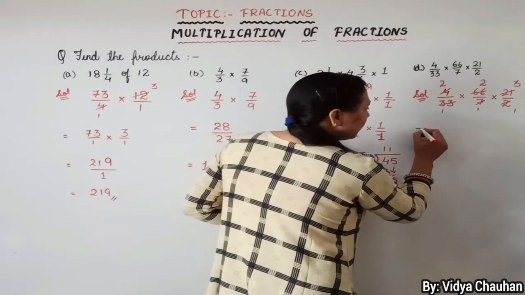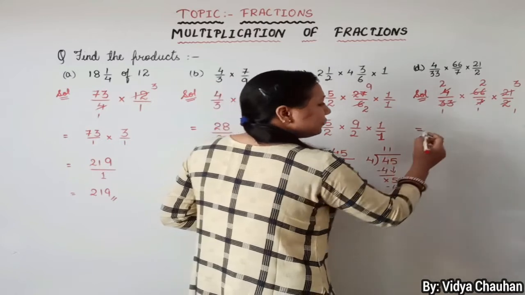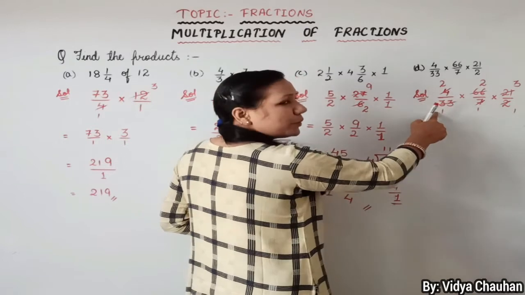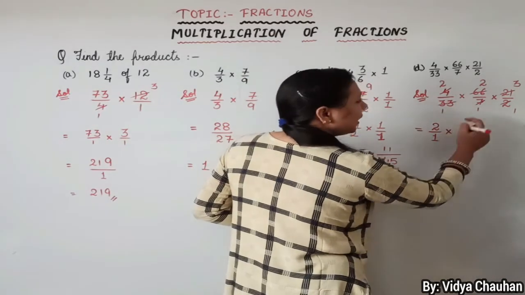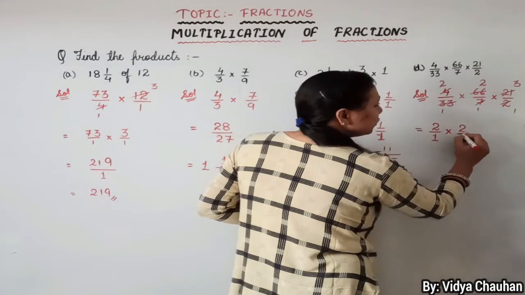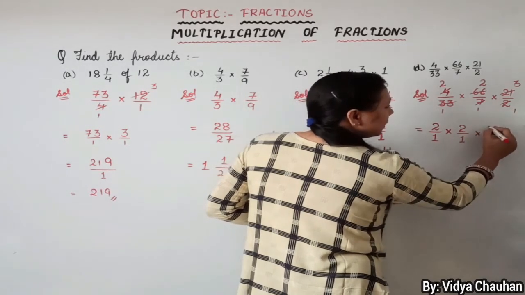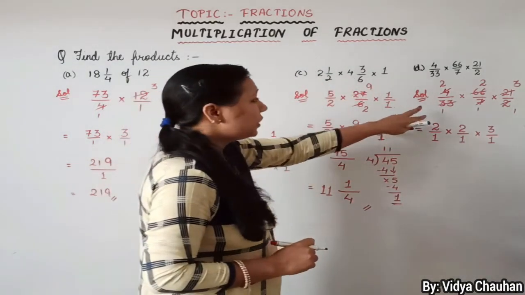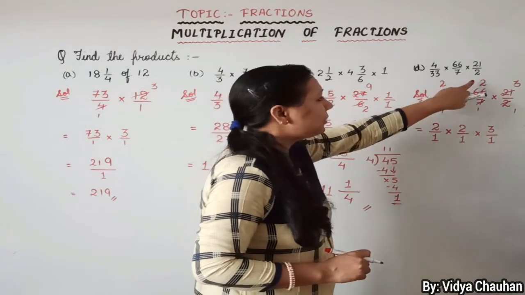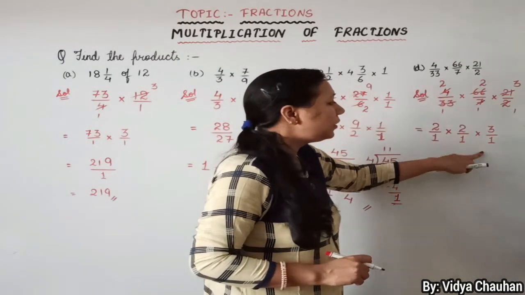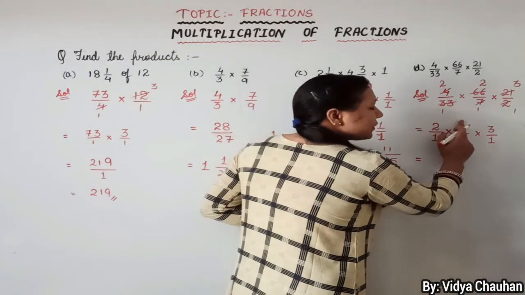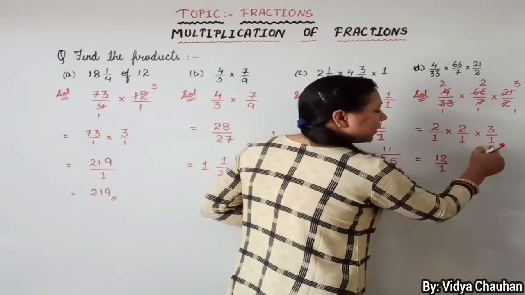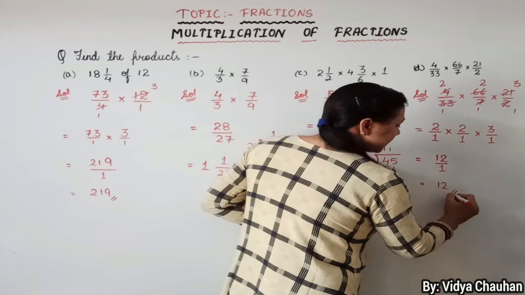Clear? Now let's write what terms are left to us. The first fraction is now 2 upon 1, 2 in the numerator, 1 in the denominator, multiplied by the second fraction, which is now 2 upon 1, and the third fraction comes out as 3 upon 1. Clear, students? So now after simplifying, we are left with 2 upon 1 multiplied by 2 upon 1 multiplied by 3 upon 1. Let's multiply. 2 2s are 4 and 4 3s are 12 upon 1 1s are 1 and 1 1s are 1. Our final answer is 12.